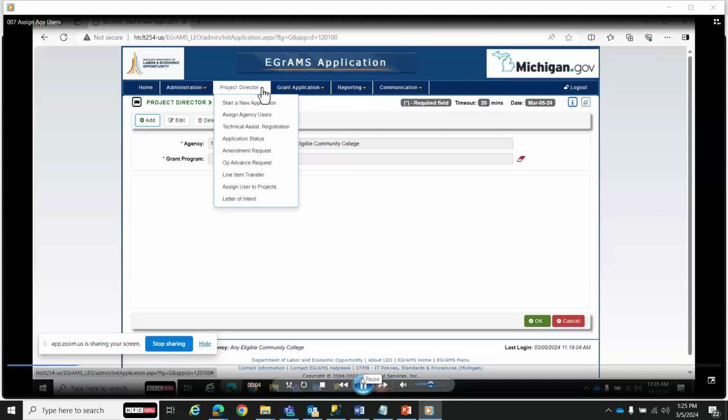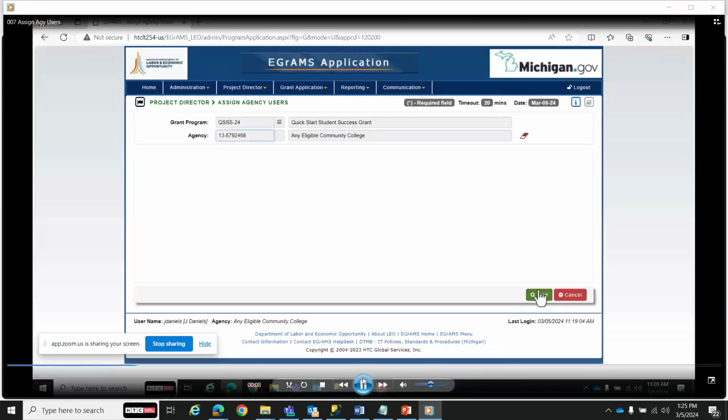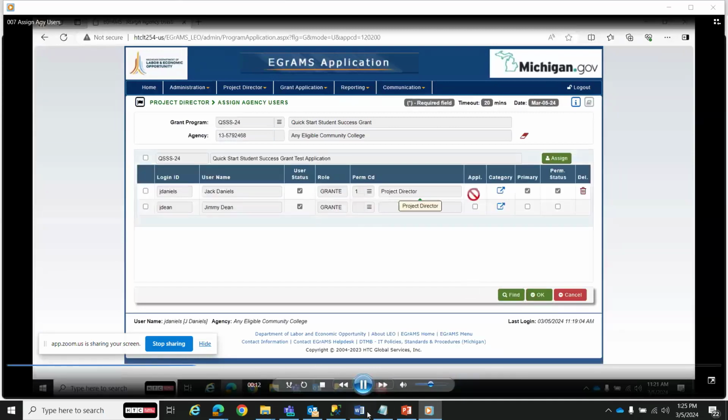So I'll go to project director, assign agency users, and I'll just click find. When I click on find, it's going to show me all the users that are there from my organization. So I can assign them specific permissions. Now, on this application, in addition to a project director or a primary contact, we also need an authorized official,